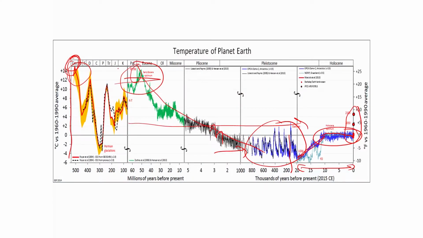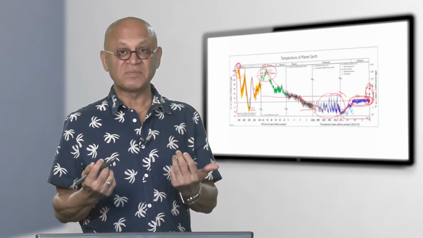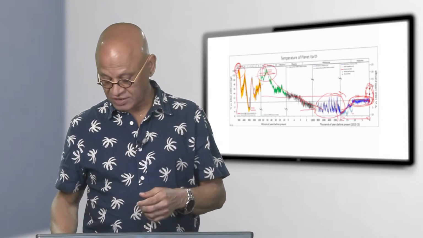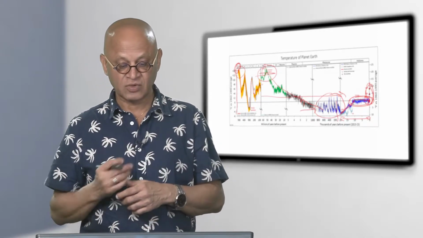So, the question somebody can ask you is, if temperature has been so much warmer in the past, why should we worry about this warming that is still so much smaller than the past warmings? Obviously, because we have mostly evolved in this time scale, there were no human beings here. Our ancestors evolved here and many of them went extinct. So, we are the only ones remaining. So, what kind of temperature tolerance do we have? What kind of climatic changes can we tolerate? That is always the interesting question.